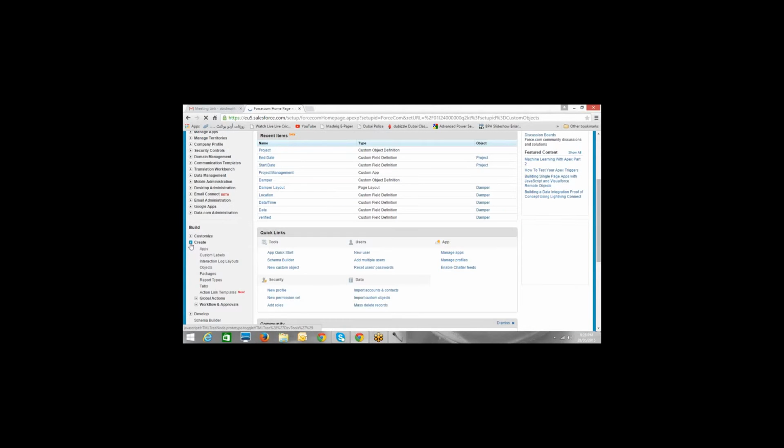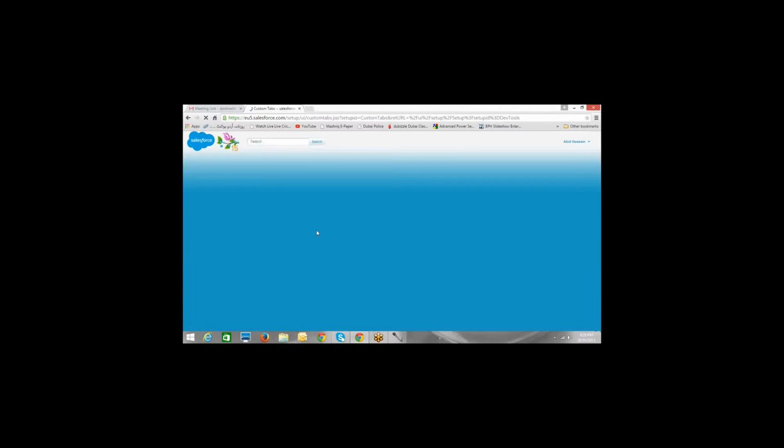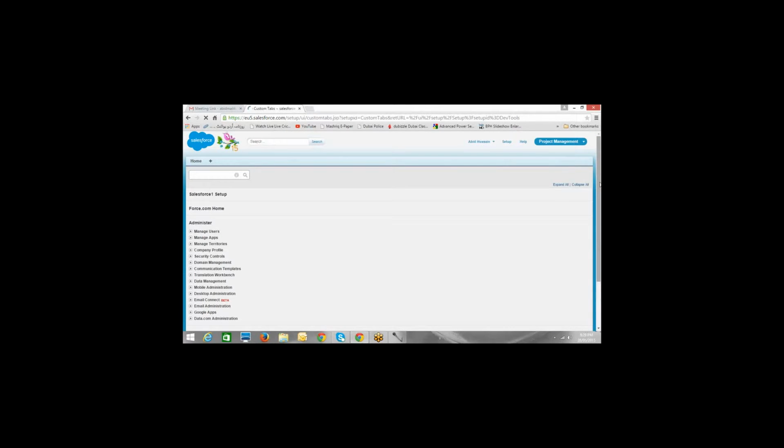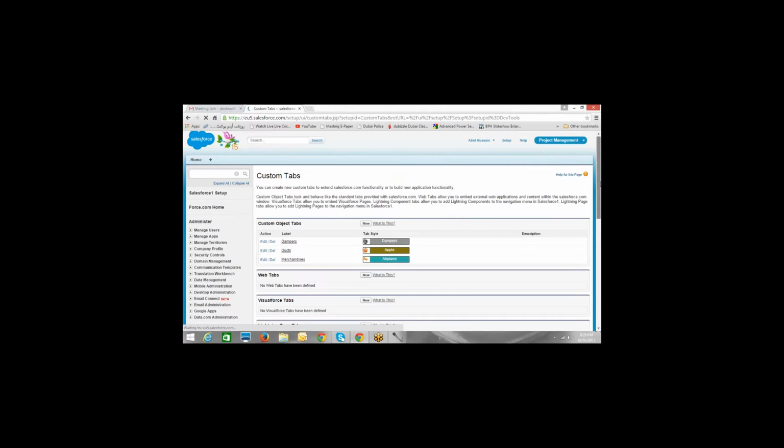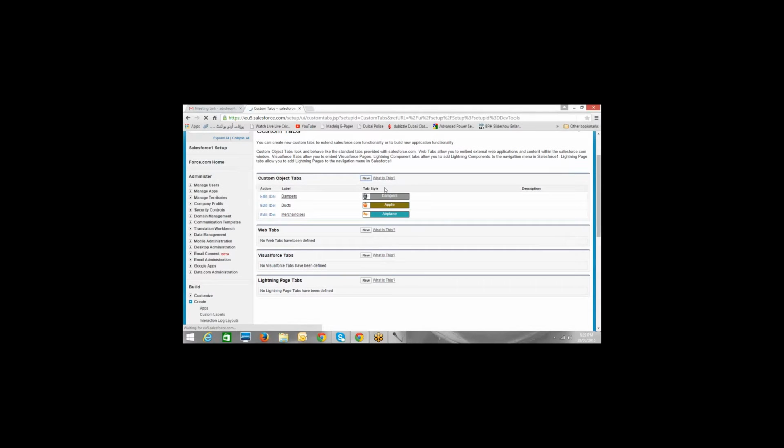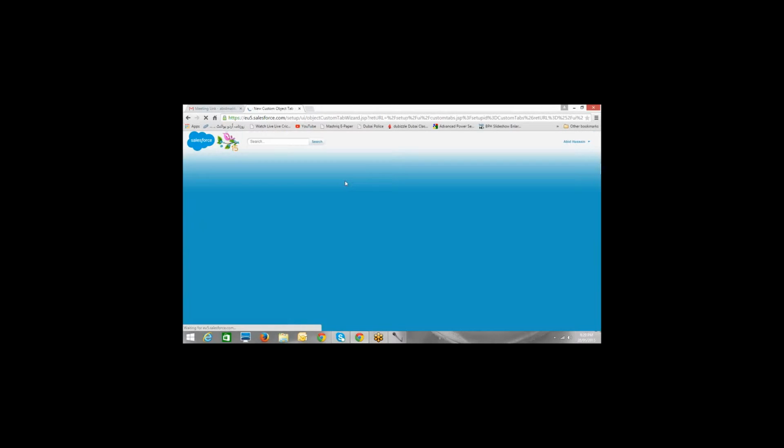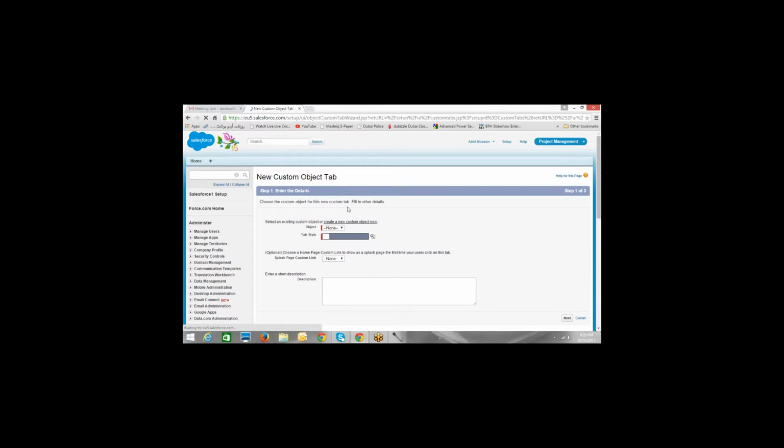All right. So all that we have to do is go to setup, create tabs this time. Okay, and create a tab for the project object. Go to setup, create tabs, click on custom object tabs, new custom object tab, and create it for the project object.